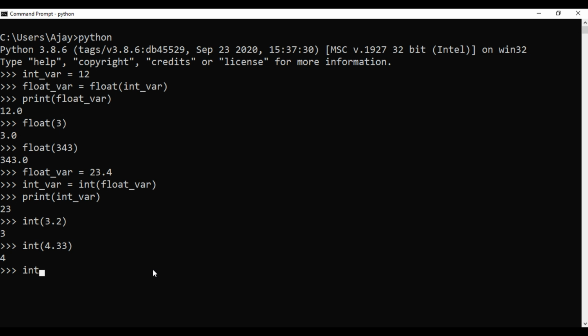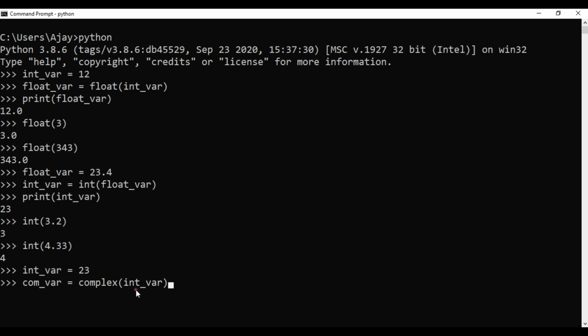So now I will create int var and store 23 in it, and then I will create one variable, comvar, and inside it we will use the complex function and pass the variable name.